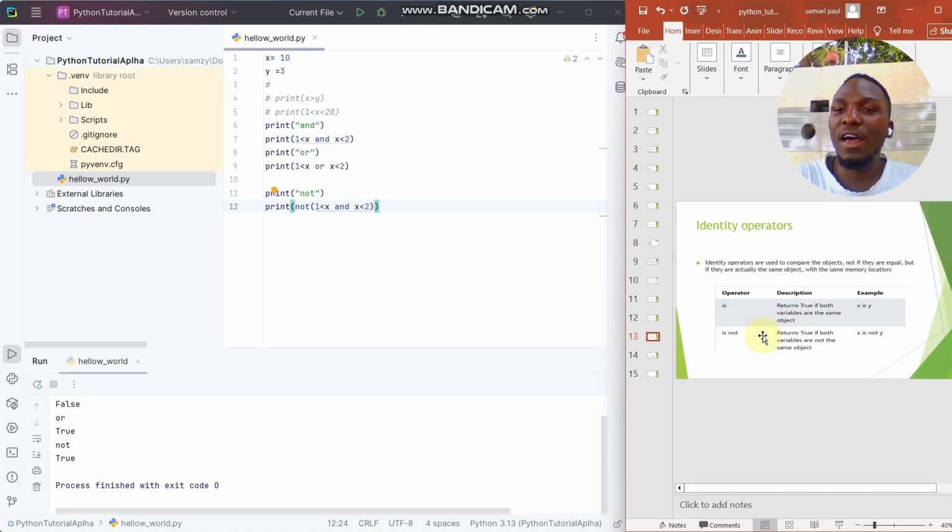Identity operators are used to compare objects, not whether they are equal, but whether they are actually the same object, sharing the same memory location. So they have to be the same and share the same memory location. For instance, the is identity operator returns true if both variables